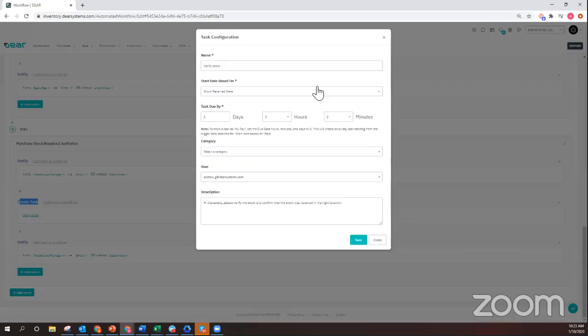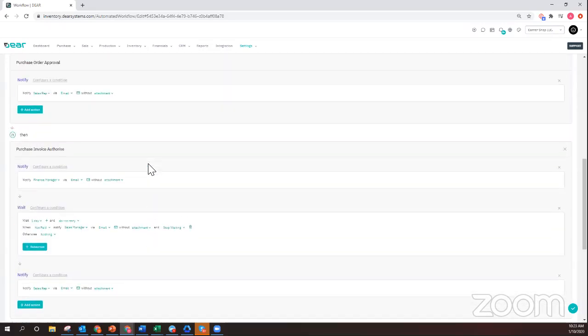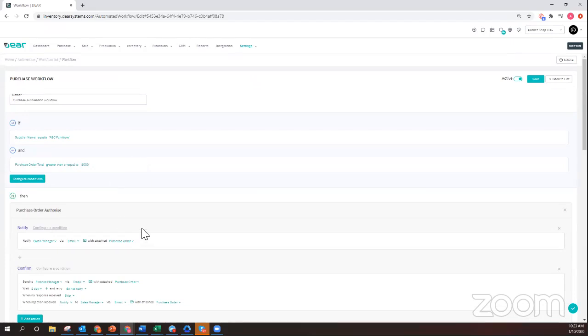I can click on it and name it whatever we want, and we can select what it needs to be. Stock receive date is the date that it needs to be done. Task due date within 1 day of this, and then we can put a little description here as well that goes with the task notification. And from there, we can also notify the warehouse manager by email. So once this is all saved, it's going to make a lot more sense when we see it in action. Once I've built this out, and we do have documentation and solution guides on building out these workflows,